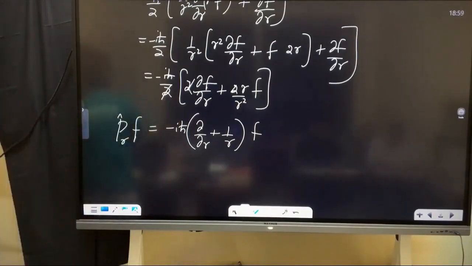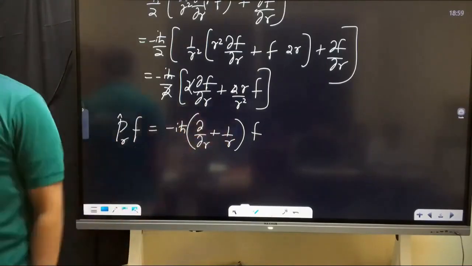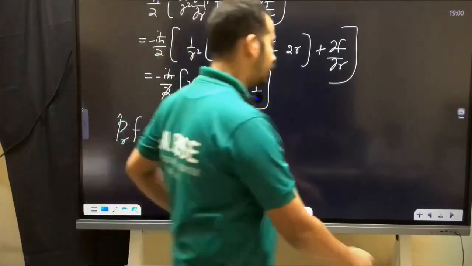Now somebody search in Google radial momentum operator in spherical polar coordinate and match up whether it is right or not. Maybe outside the textbook he might have given this problem somewhere. Radial momentum operator in spherical coordinate. Yeah, that is right. That is right. Now you need to construct